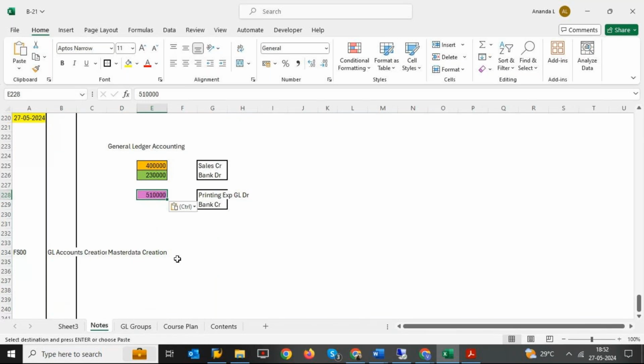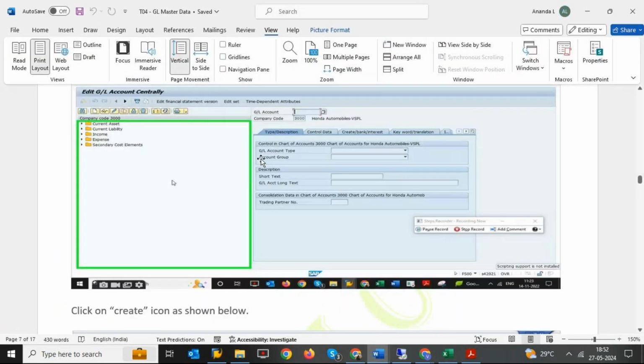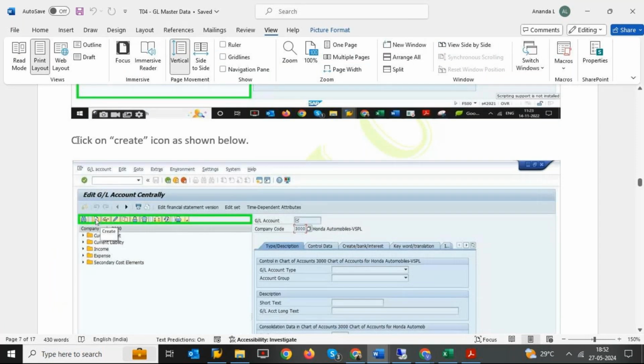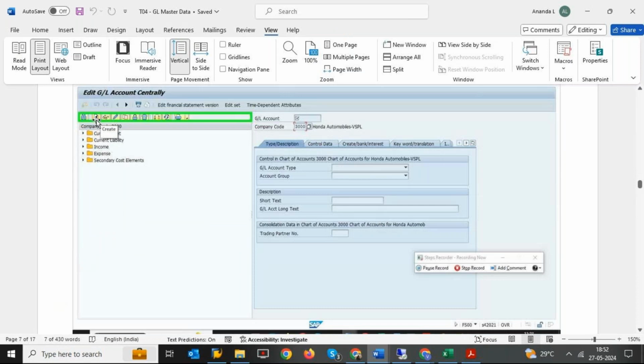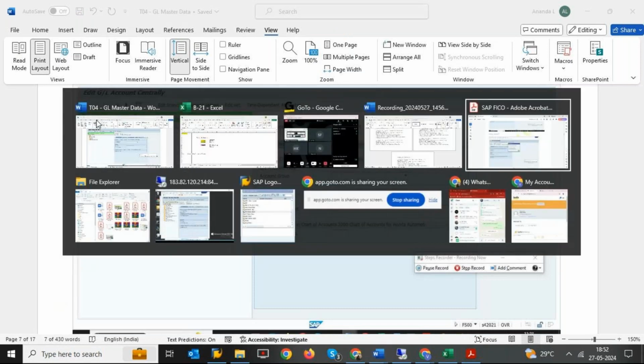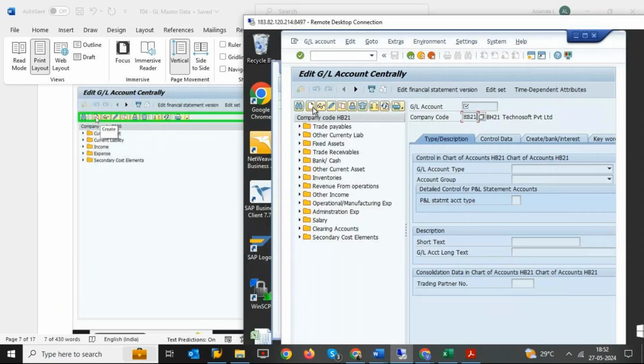So let us start creating this. Remember, this is balance sheet GL and these two are P&L account GL. What should I do? Click on the create icon button below. What is that? This is the white button which you are seeing. Exactly the same white button I showed you. This one. Click on create